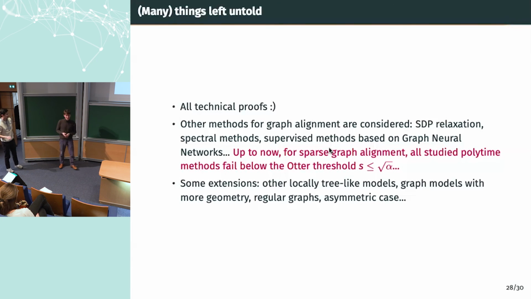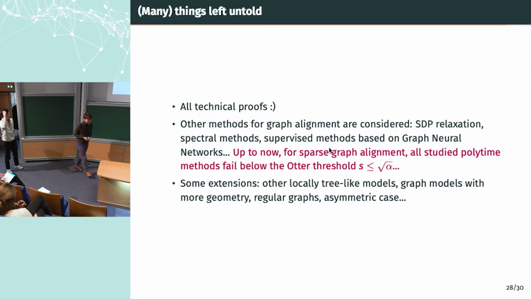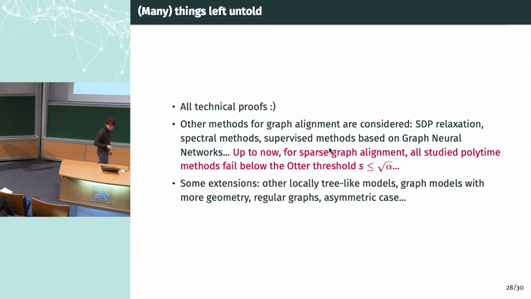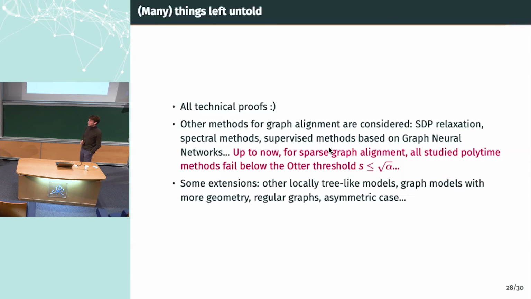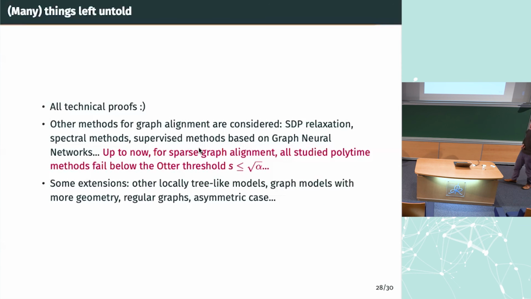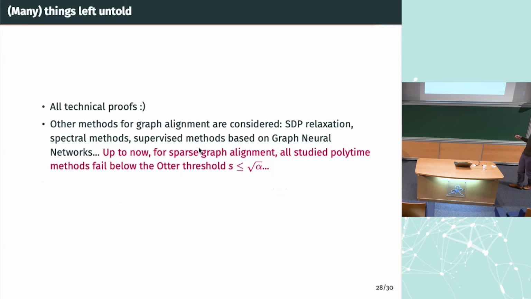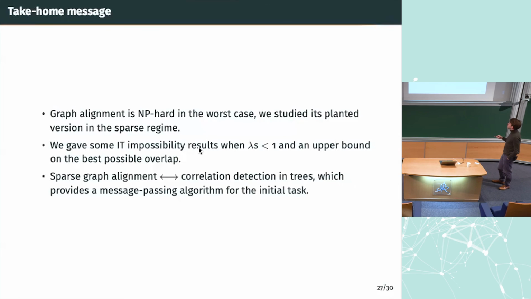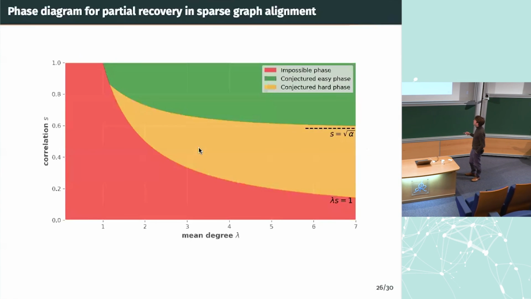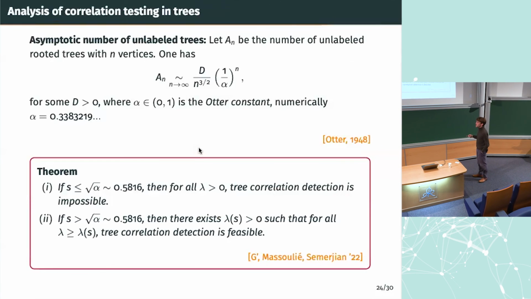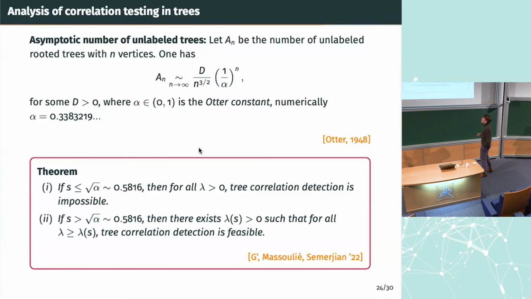A quick question. My question is a bit more technical, but in the square root of alpha threshold for the testing problem on trees, yes, there, okay, it's an information theoretic threshold, but is there no computational gap there? Like, your method already gives it. So it depends on what. That's a good question.